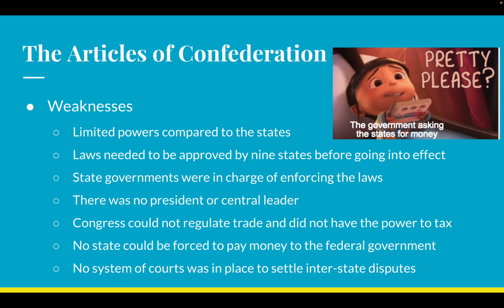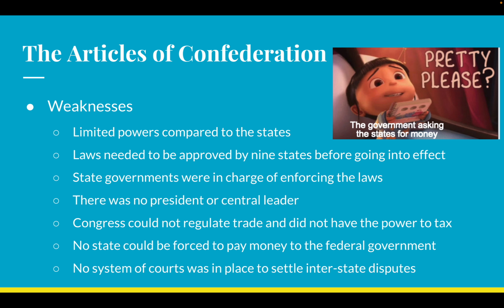So that whole thing about, hey, I don't have to pay my taxes because I don't want to, that's exactly what states like Virginia, New York, Pennsylvania, and Massachusetts are going to do. They have no reason to pay, they're not forced to pay, so they're good to go. Also, speaking of not having to pay money, they also don't have to provide soldiers for the government. The government doesn't have an army. The Articles of Confederation do not create an army. Everything's still state militias. Everything's still Minutemen.